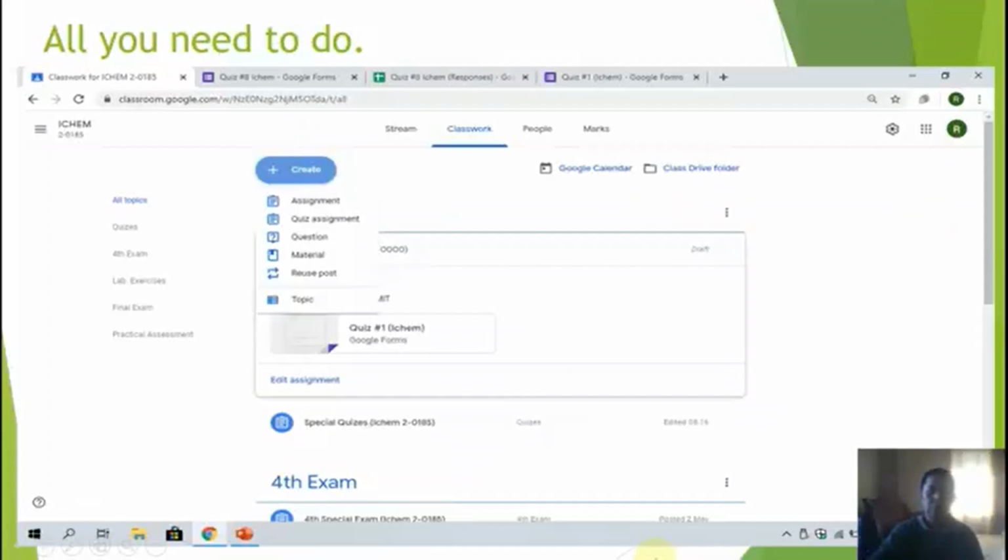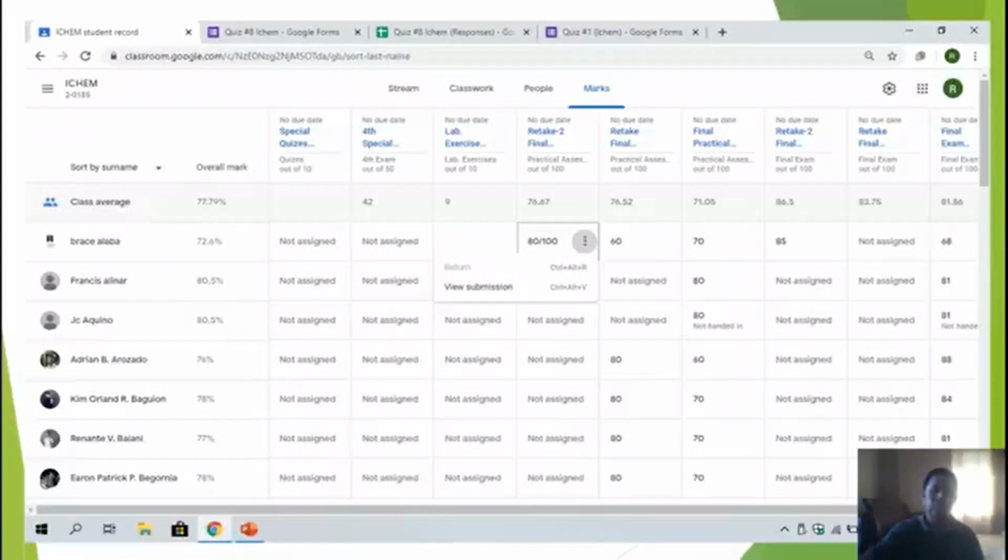Then you return to this window. So you can see here the grades are automatically calculated. However much you input here for the students will automatically be calculated here.